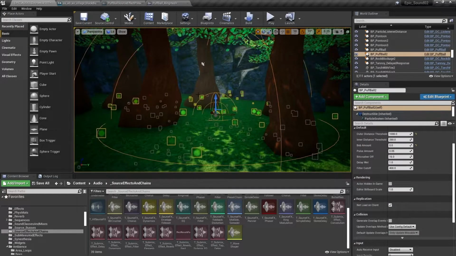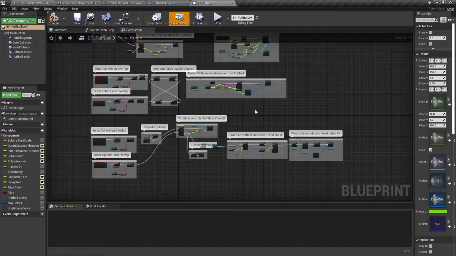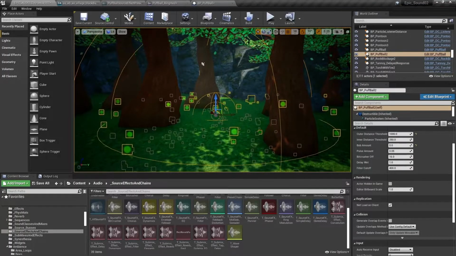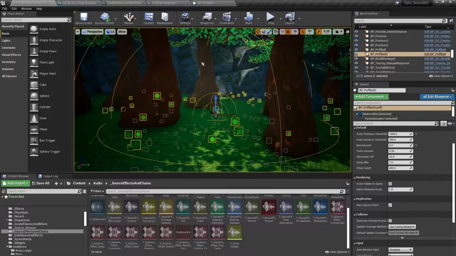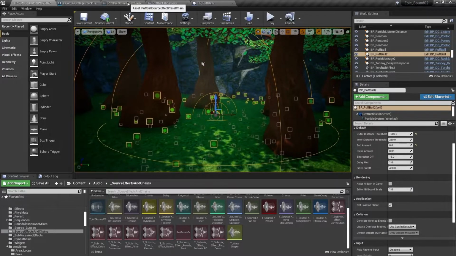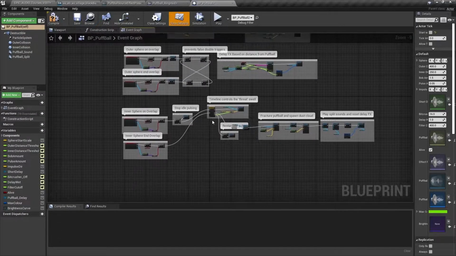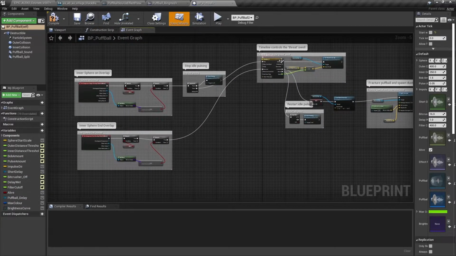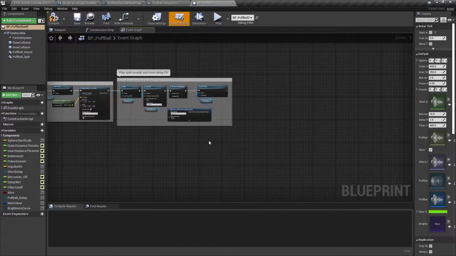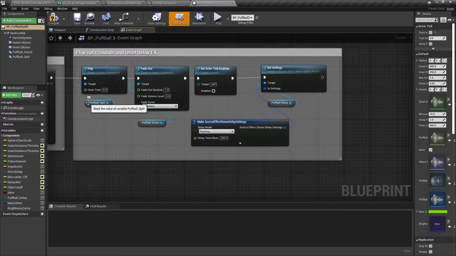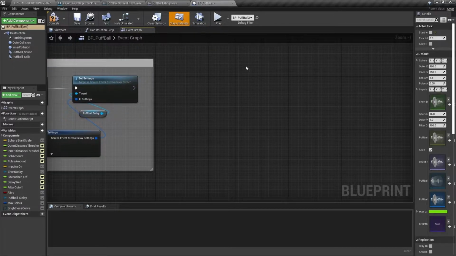So we'll open up that puffball blueprint and we'll see what's going on. When the player hits the outer sphere of the puffball, something's going to happen that we'll look at in a minute. But then when they get into this inner sphere, the puffball is going to start swelling up and then eventually explode. So that's what this timeline's doing here. It's going to swell up and then go pop. When it goes pop, we play the sound, we fade out the puffball sound itself. And then here, at the end of that, what we want to do is to apply a change in that